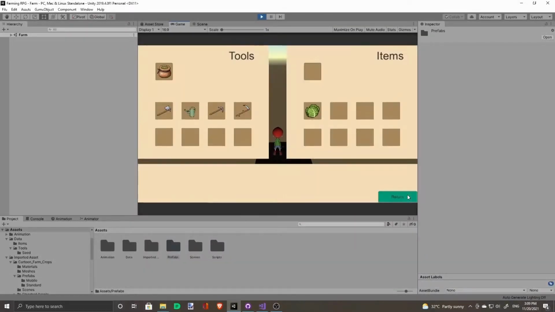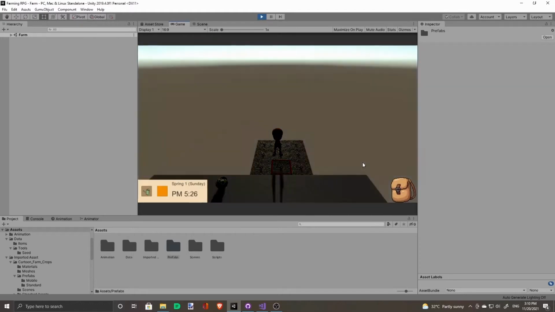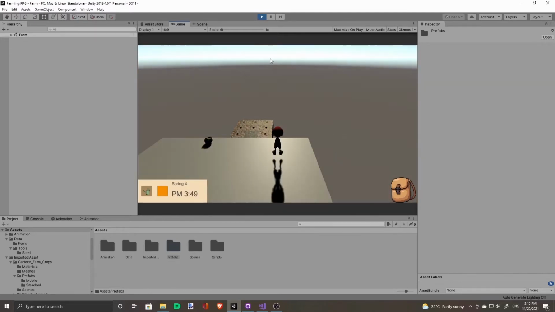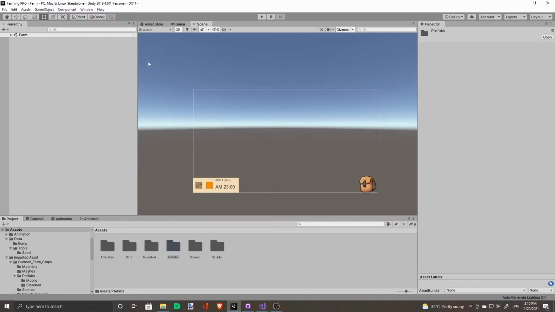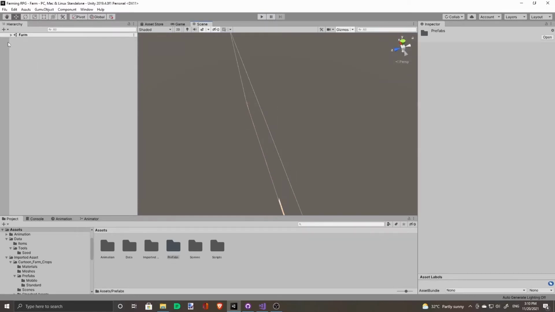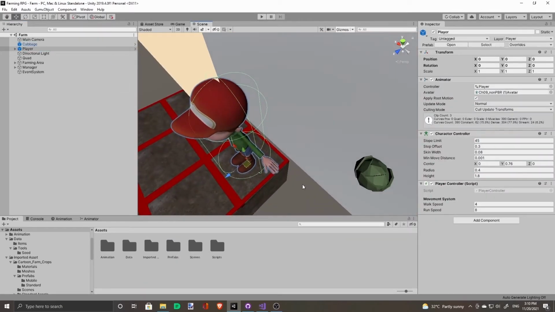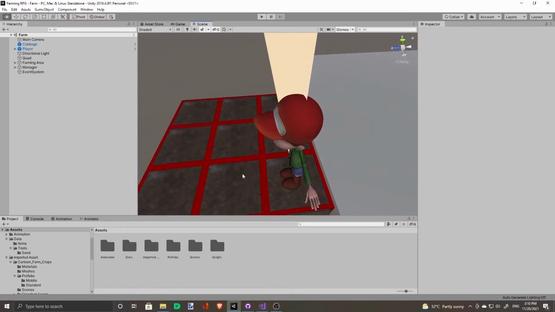So far we've basically set up a farming system that lets us plant, grow, and harvest crops. But so far we have only been able to do one type of crop, which is, once it's harvested, it's gone from the ground. But there are other types of crops that are regrowable, such as the tomato. So today we'll be going through how to make our crops regrowable, as well as have them die.